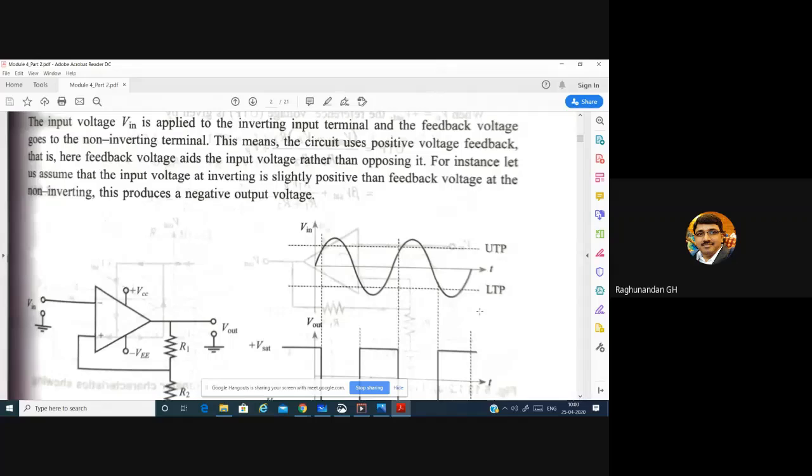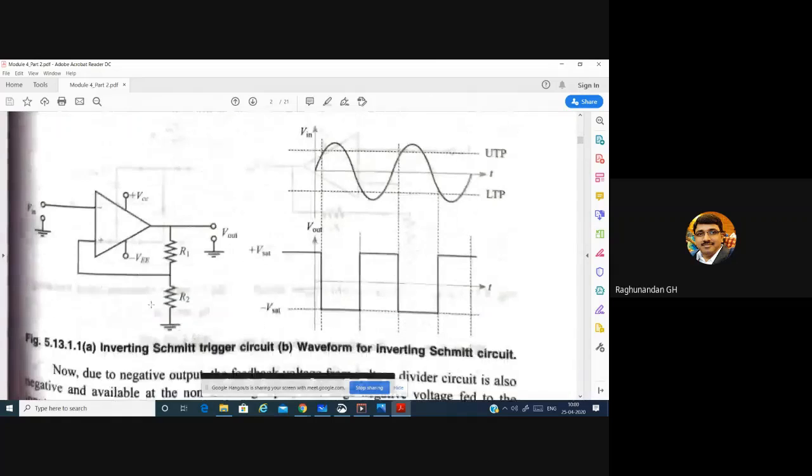Now, whenever the input is coming, the op amp is going to compare whether the input is greater than the voltage across